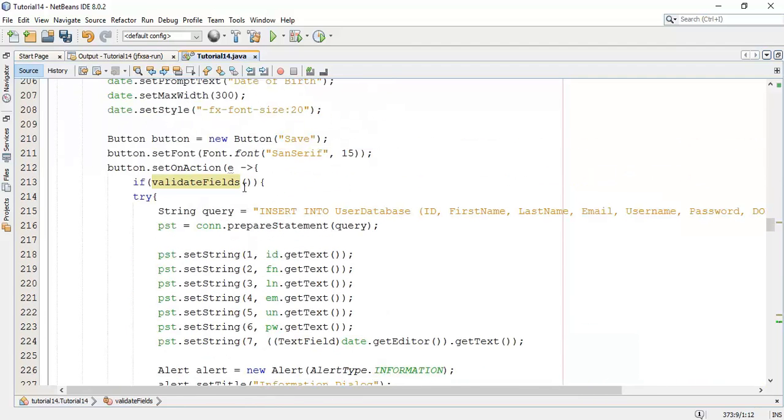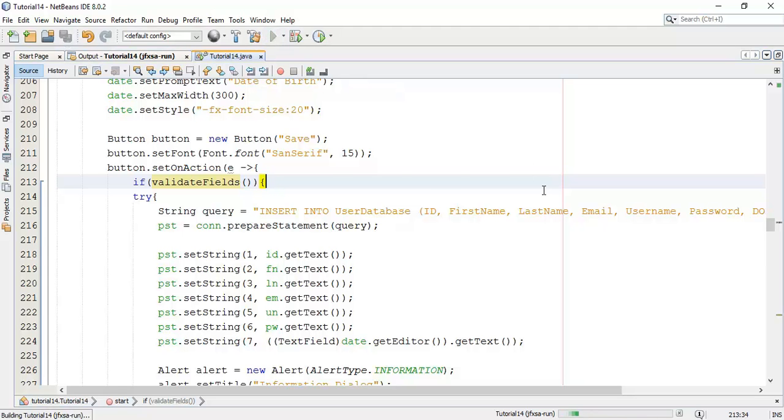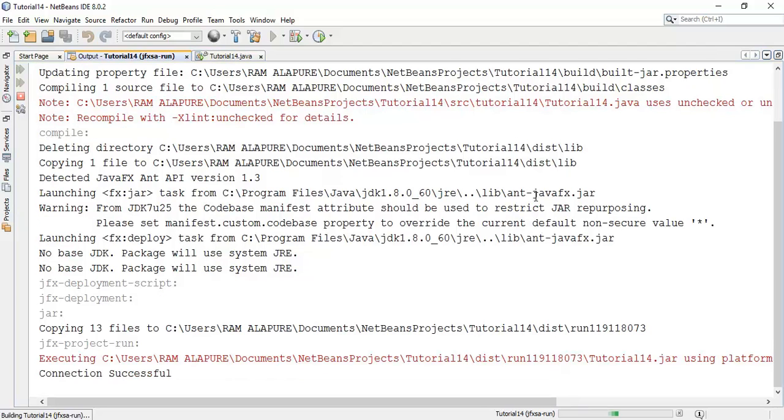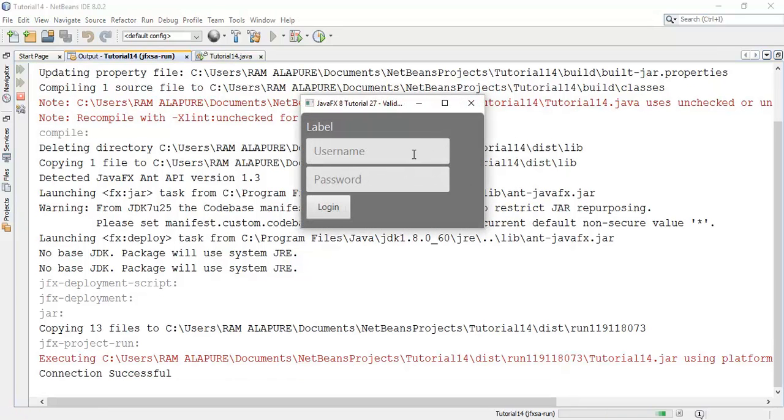So save and check whether it will give the error or warning message.